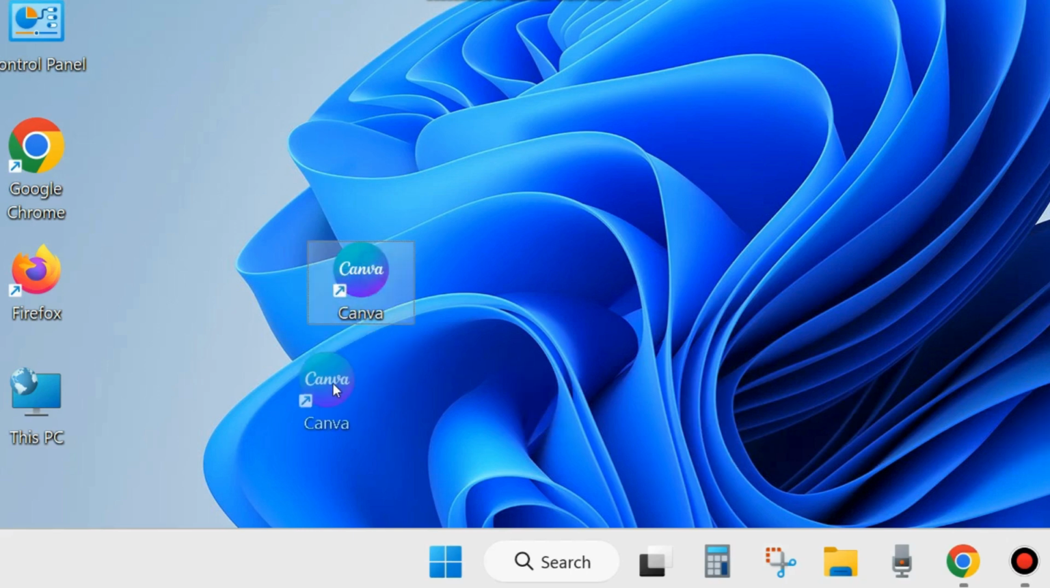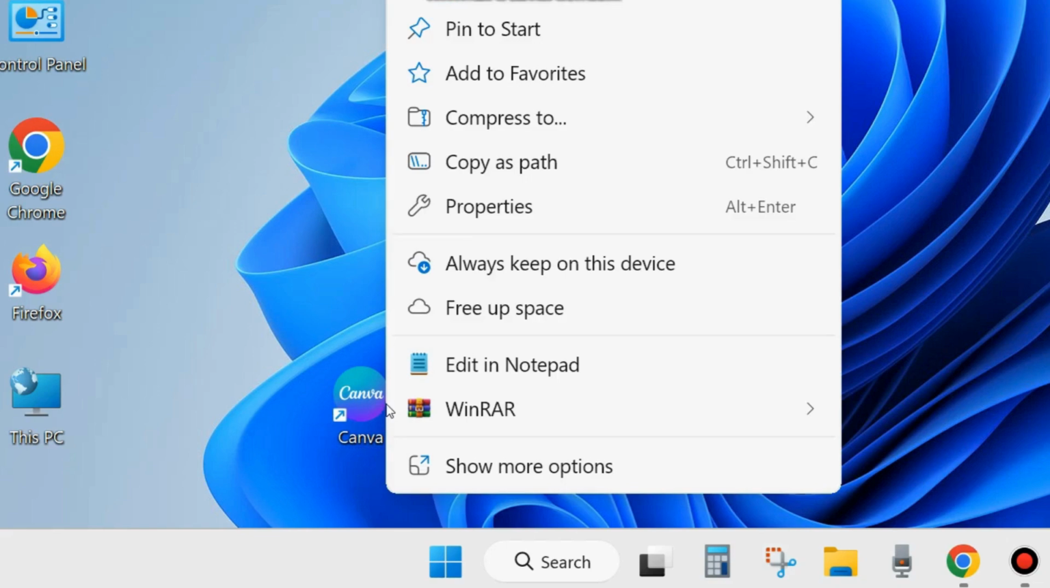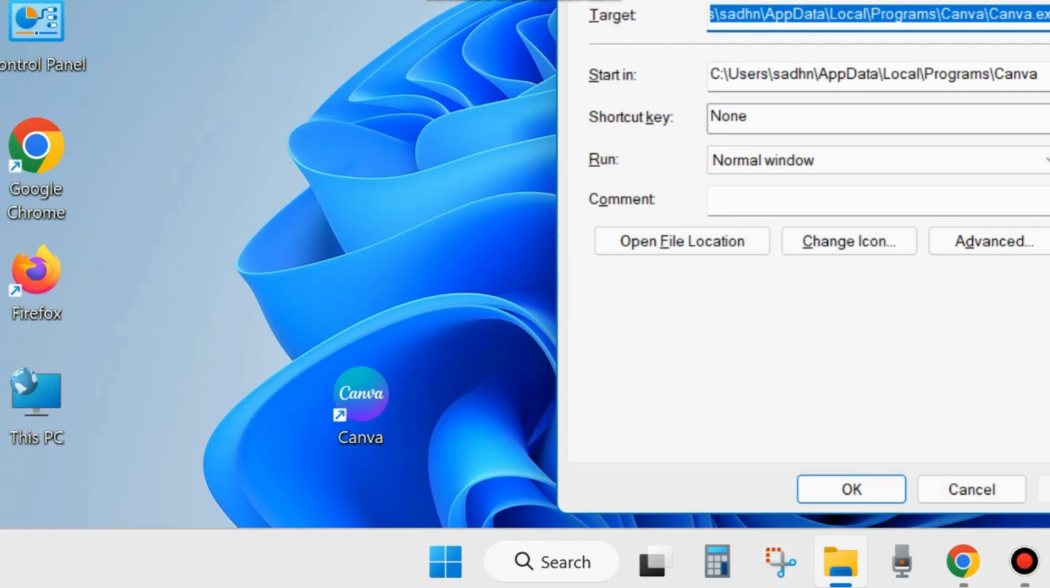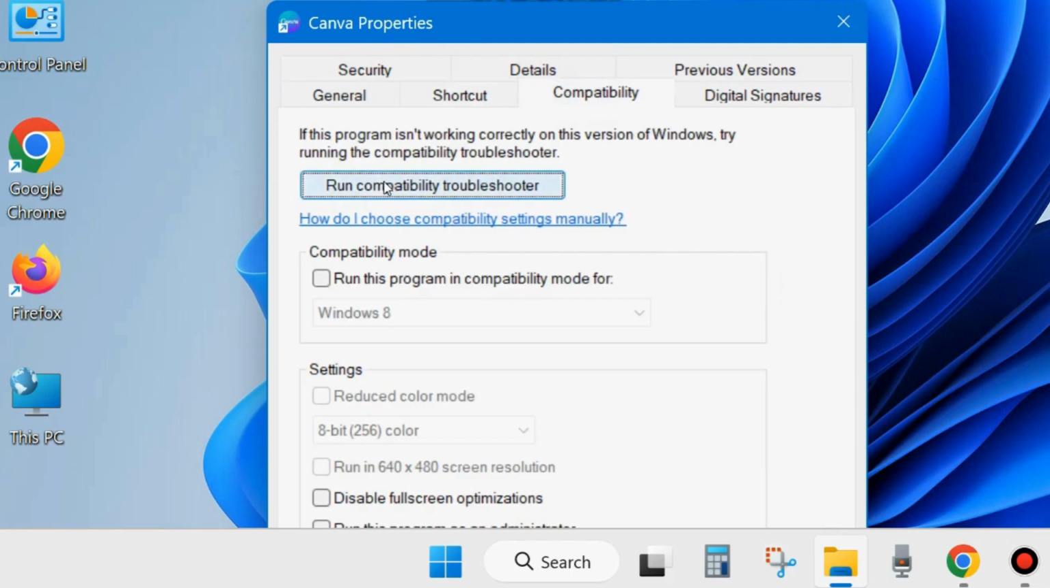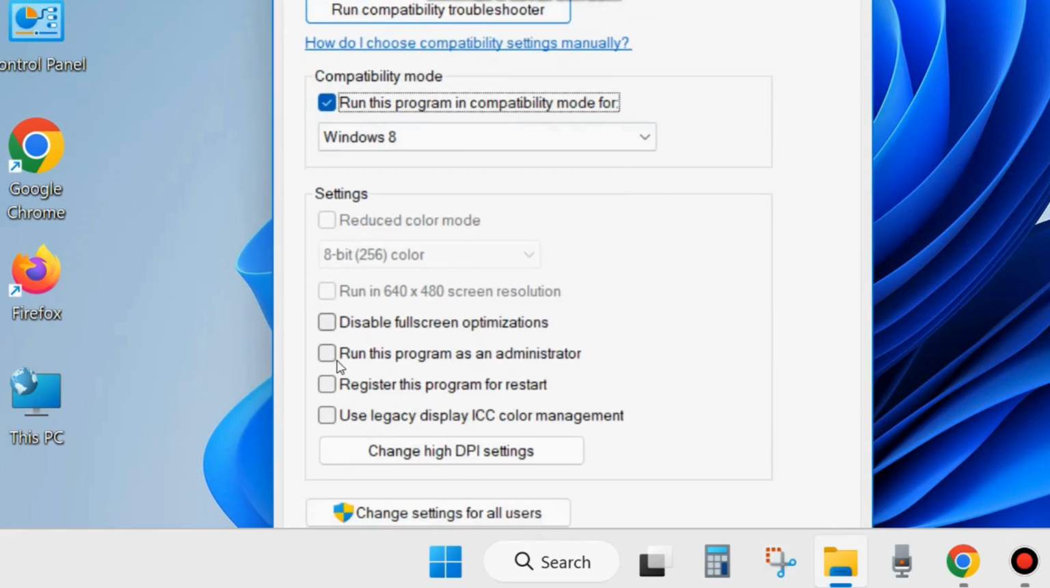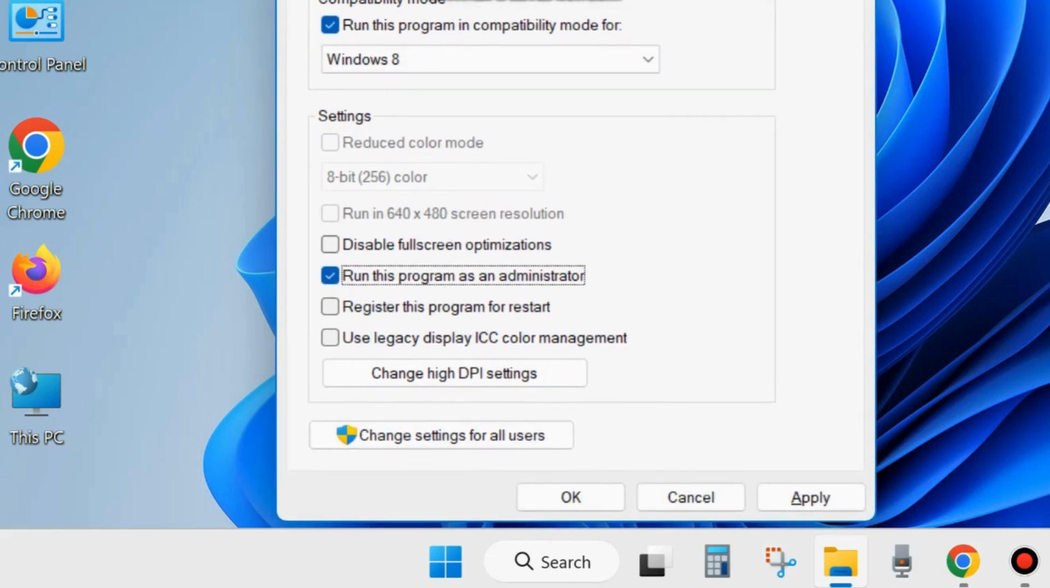Go to your problematic app which is having issues, right click on it and choose properties. Its properties window will now open. Here from the top menu bar, go to compatibility and click on run compatibility troubleshooter and follow the on-screen instructions to complete the troubleshooting process. Make the check against the option run this program in compatibility mode for, and also make the check against the option run this program as an administrator, and finally click on apply and OK to